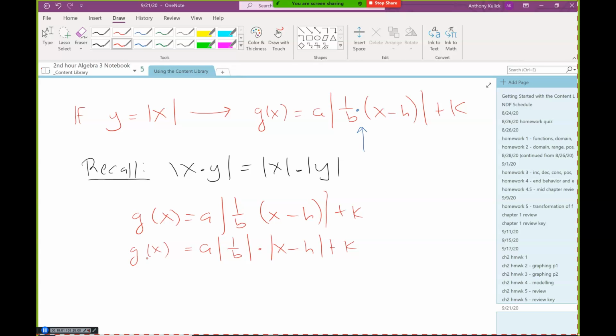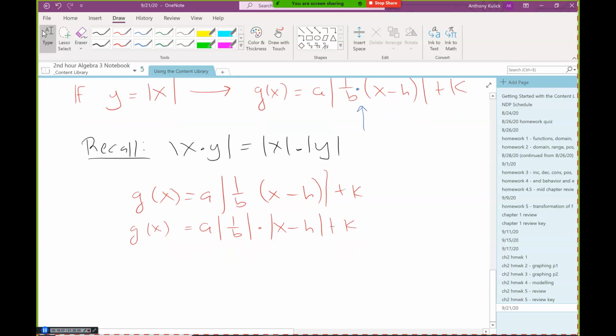Everybody okay there? All right. Now, 1 over b is just a number, right? So if I take the absolute value of that number, it just turns into the positive version of that number. And if I multiply a and 1 over b together, I'd get something like